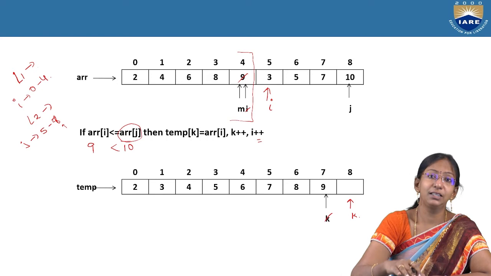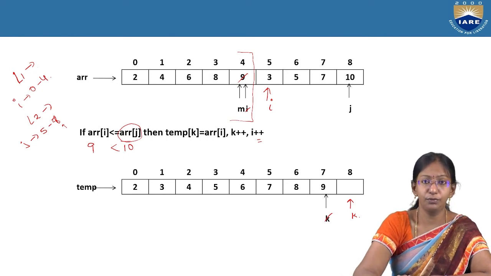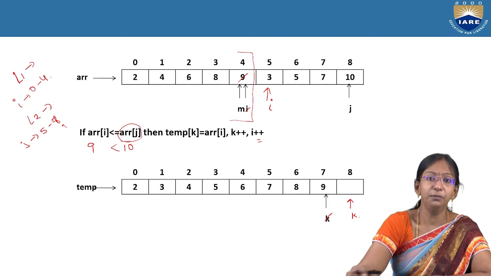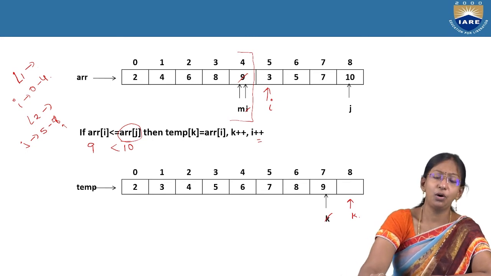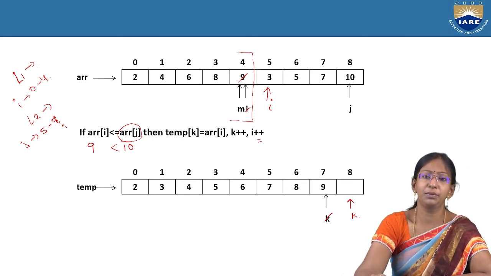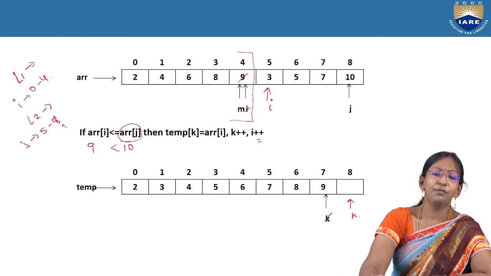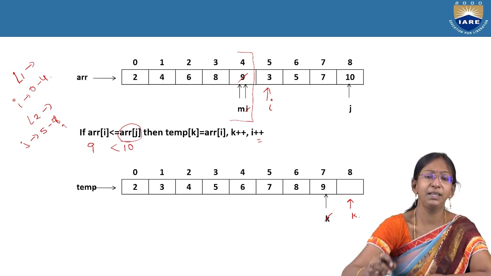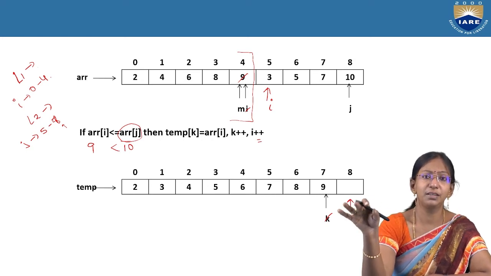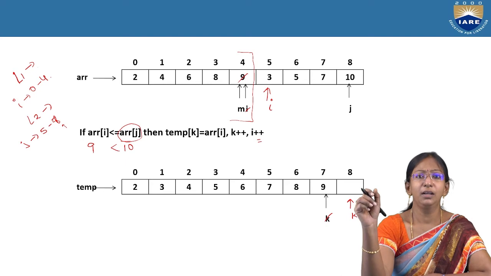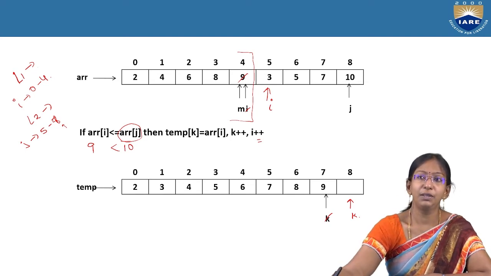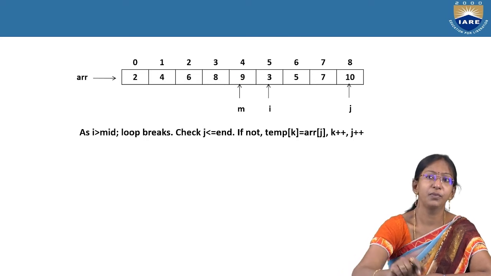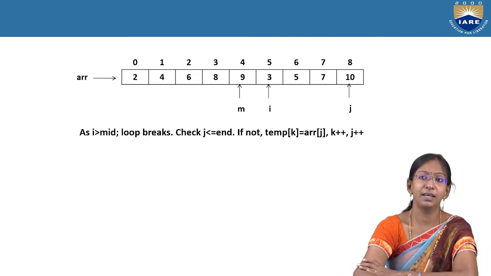So kindly recollect the pseudocode which we have learned just now. Whatever the case may be, either one of the lists may get empty or both may get empty at a time. We have to copy the content of the leftover elements in any list into the final list, that is the resultant list. Here the resultant list is temporary, right? So whatever element is pointed by j, that is the second list, will be copied